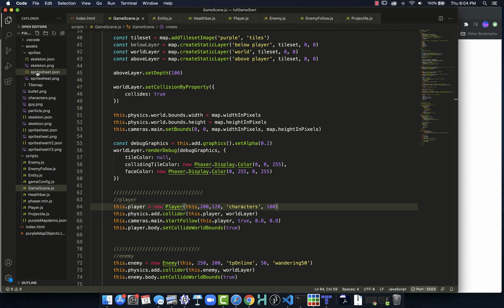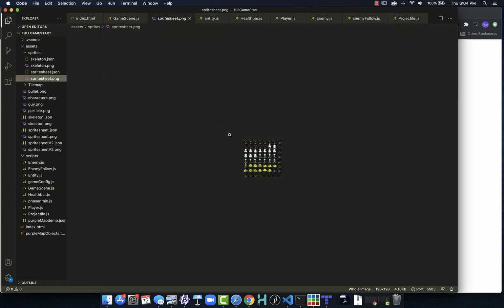So I've downloaded these, and now inside of VS Code, I moved them into my project folder. They're in the sprites, and we see sprite sheet PNG, sprite sheet JSON. I am going to rename these here, and I will call it